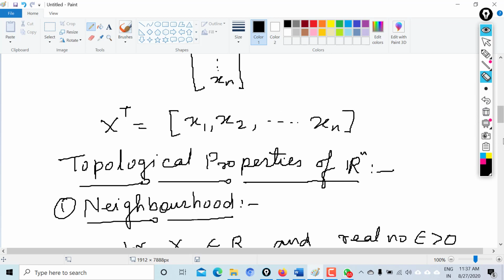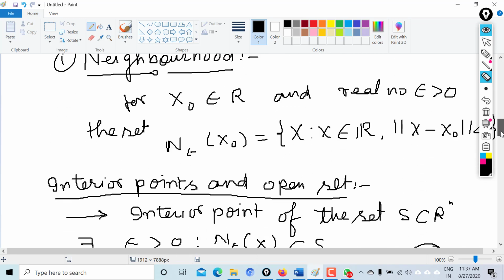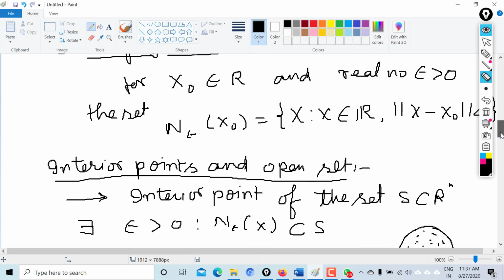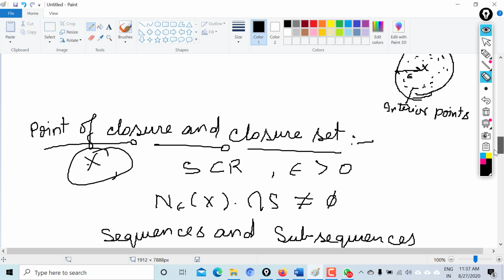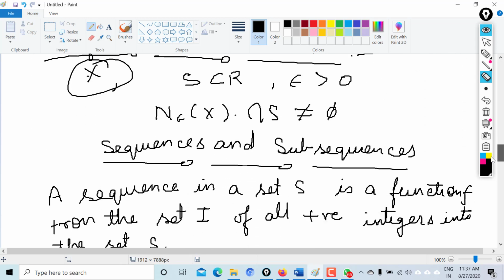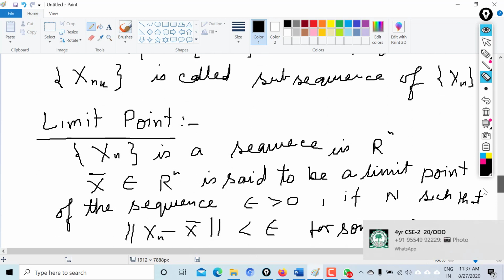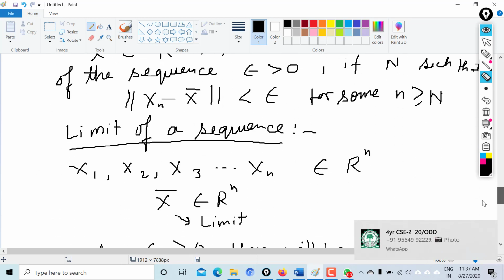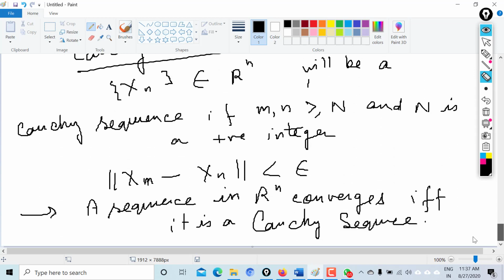The first property discussed was the neighborhood. Interior points and open sets were discussed here, along with the closure property and closure set, sequences, subsequences, limit point, and limit of a sequence. These are the points which we have discussed here. So now the next topic is